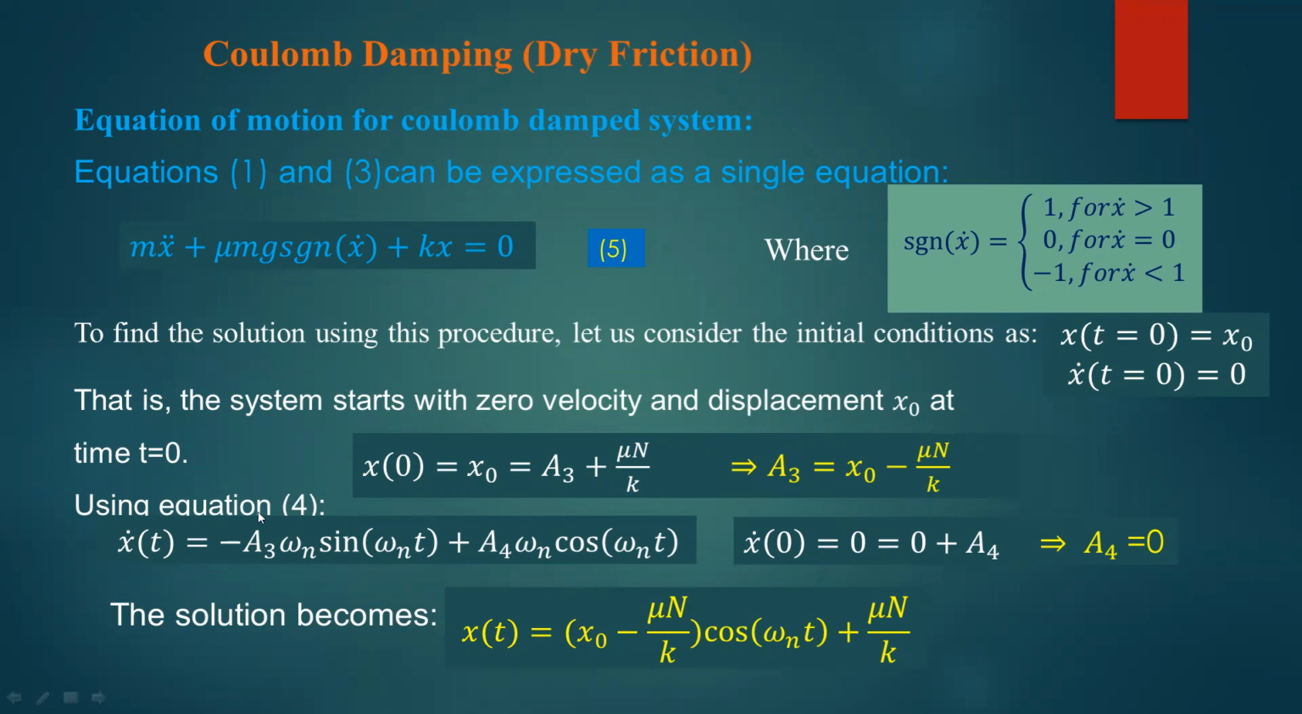Again, using equation number 4 and substituting this condition, and x dot is 0, so we can find a4 is equal to 0. Okay, x dot means minus a3 omega n sine omega n t plus a4 omega n cos omega n t. It is just